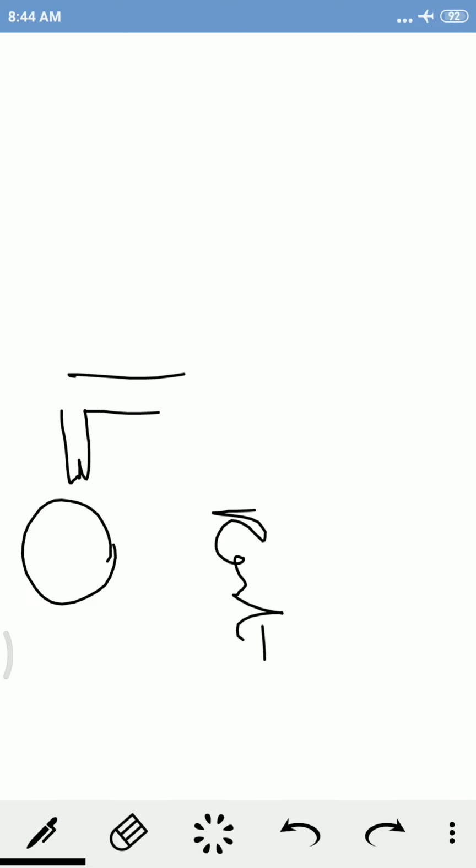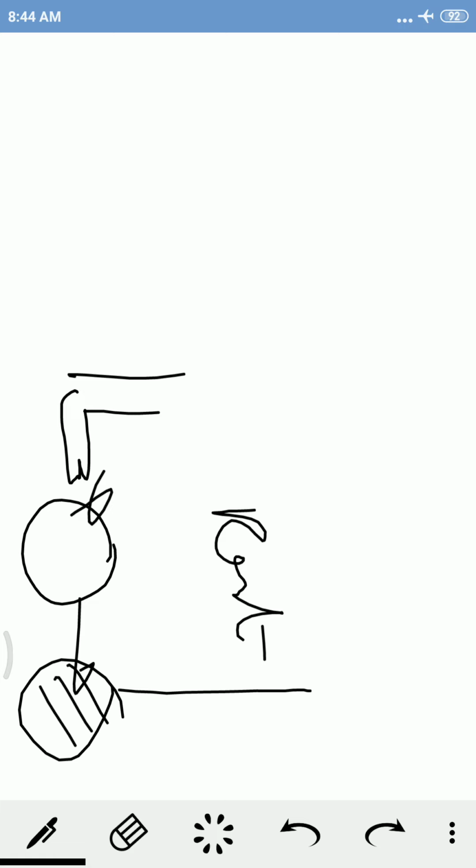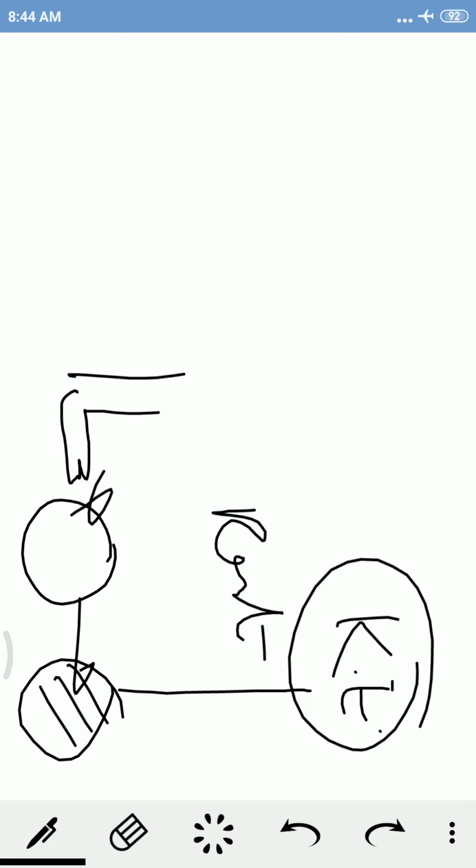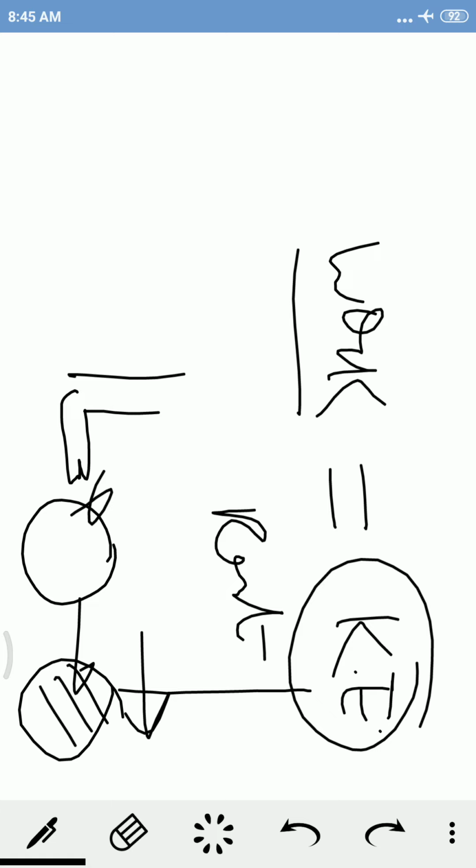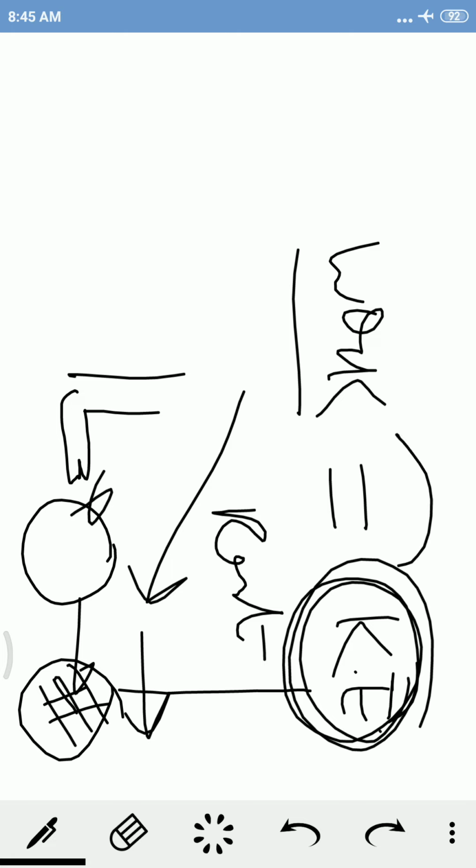So let me tell you one thing. Suppose there is a football and it is in the position of rest. Now as you kick the football, it will start moving. Now when it starts moving, it means it has kinetic energy. Now this kinetic energy, when the ball is moving, will be equal to the work done to bring it into motion. Understand? So whenever an object is at rest and we do some work to bring it into motion, then the kinetic energy of that object will be equal to the work done to bring that object into motion.